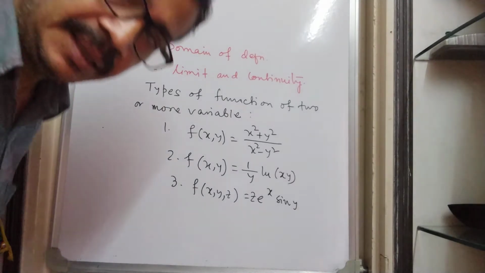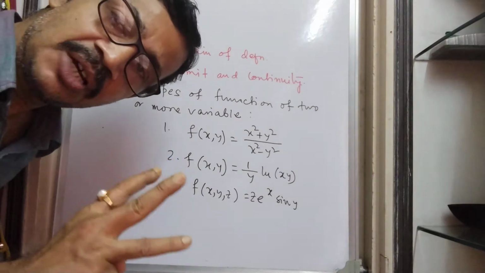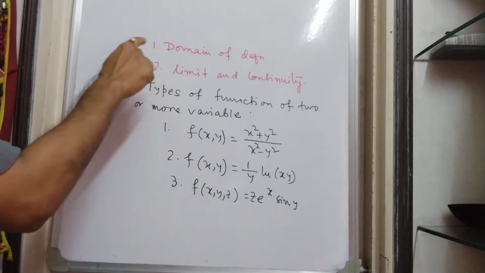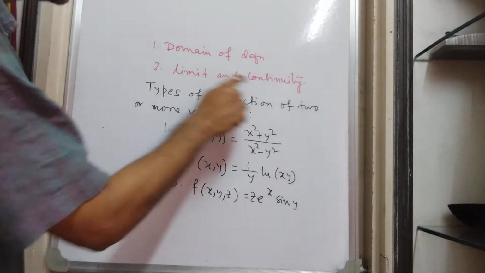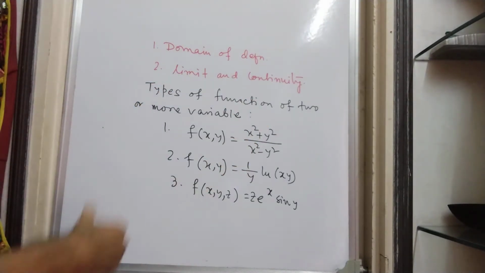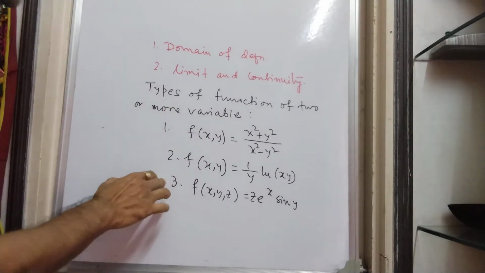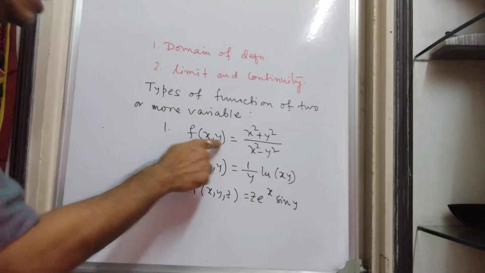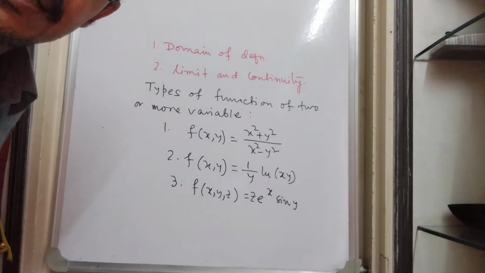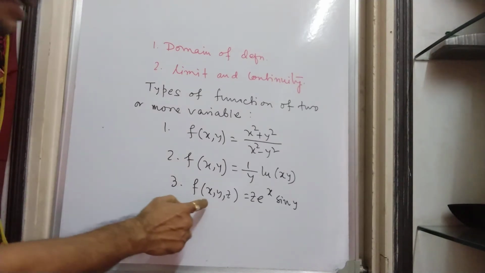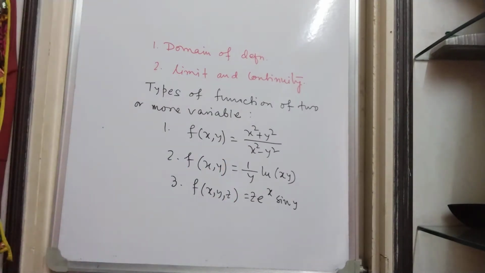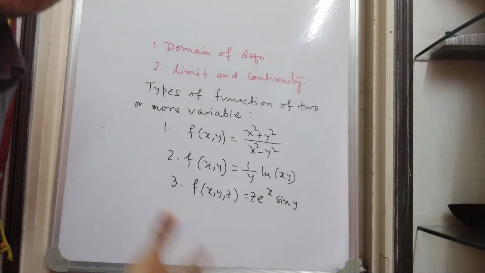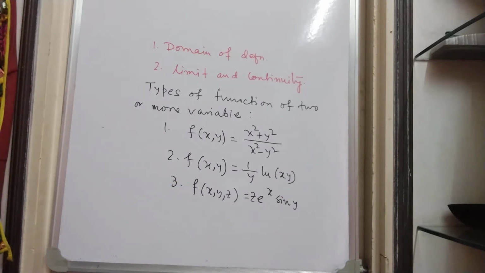Let us discuss the three concepts: domain of definition, limit, and continuity of functions of two or more variables. I have written three types of functions. The first two involve two independent variables x and y, and the third involves three independent variables x, y, z. We may define in this way a function of n variables also, where we define the n